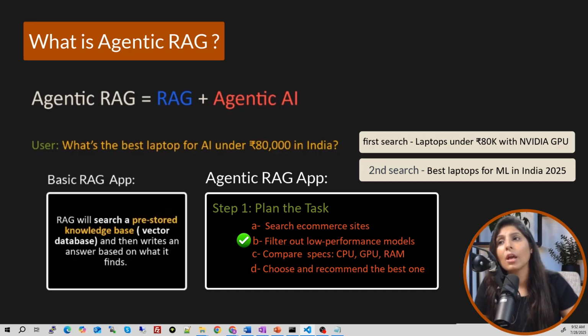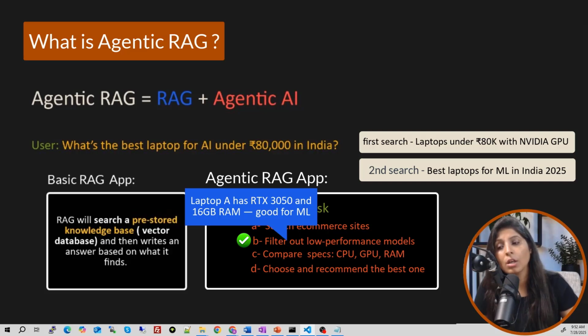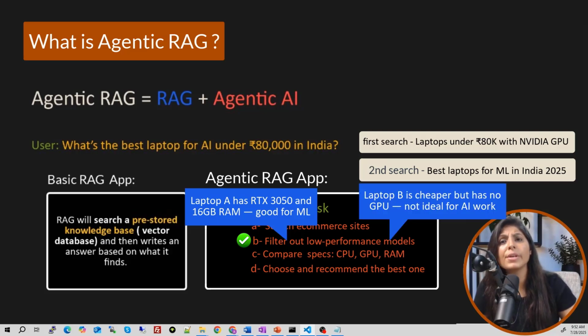Analyzing the data means, let's say there is one laptop, laptop A, and another laptop, laptop B. It will analyze that laptop A has an RTX 3050 and 16 GB of RAM, so that means it is good for ML. And laptop B is cheaper, but it has no GPU, which means it is not good for AI. So the agent compares, performs filtering, and makes smarter decisions.